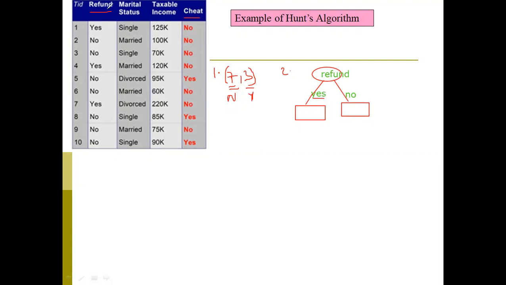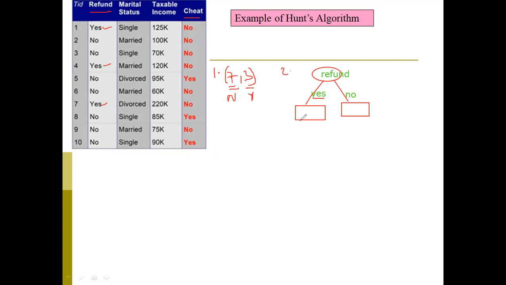In the refund attribute, there are 3 yes's: 1, 2, 3. 3 yes data objects are there under the refund attribute. Under these 3, how many class labels are there? Check it out.